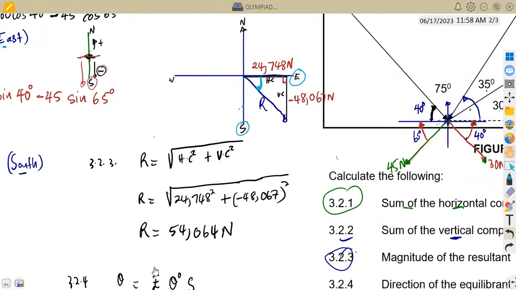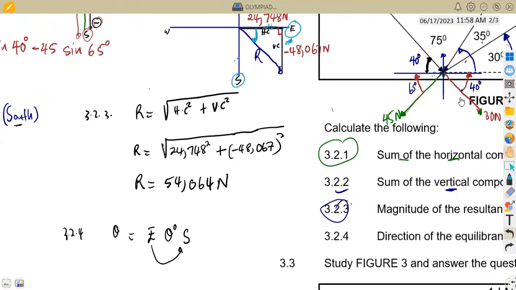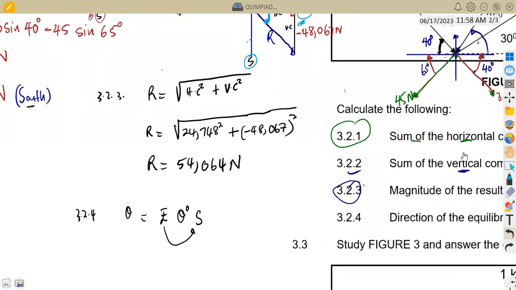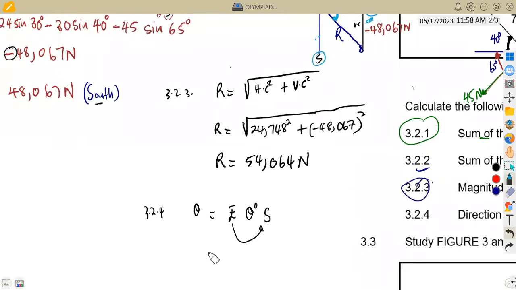You can note the direction: from east going to the south. All right, so how do we calculate theta? According to what we have, this is opposite and this is adjacent. So we can apply the ratio of tan of theta to calculate our angle in this case, knowing that tan of theta is equal to the opposite over the adjacent, that is the vertical component over